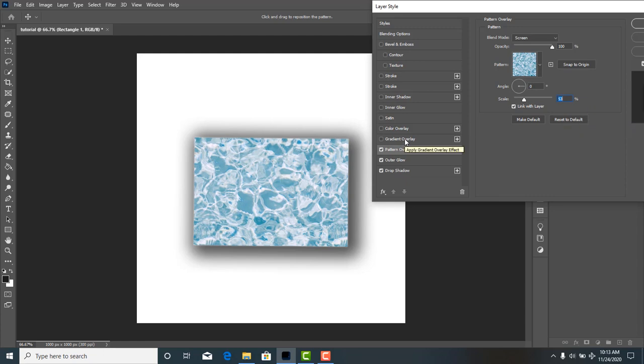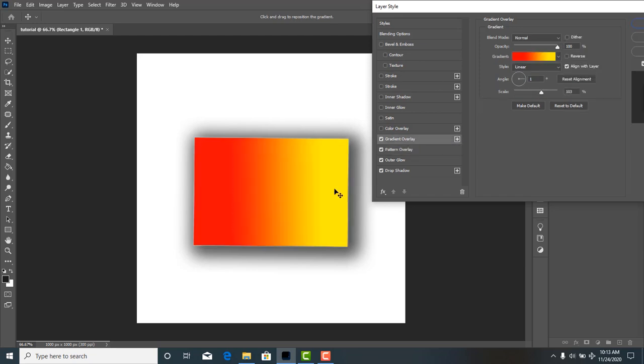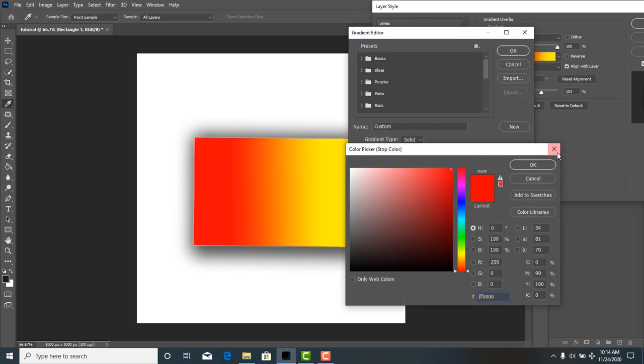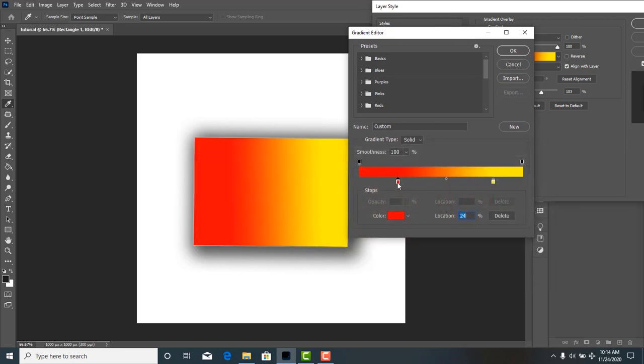And we have other effects, the gradient overlay, which gives your objects a gradient, and you can come here, play with the settings, change the blend mode, change the color. You just click on it, it brings out this, and you can always double tap on these small boxes here and just give it a color. And if you click on those small boxes and move them around, it allows you to edit the space the color